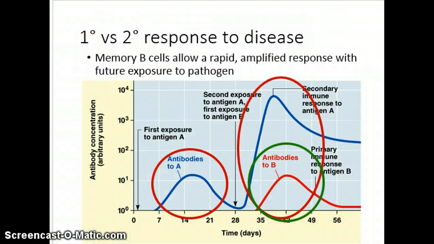This diagram is showing you the difference in response times. It shows the relationship of the memory cells and how they are going to decrease the response time. So you can see here, from the time of exposure of an antigen, in this case